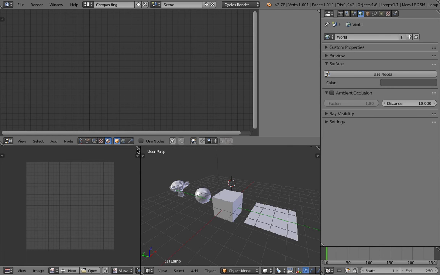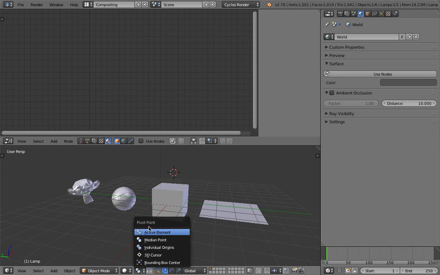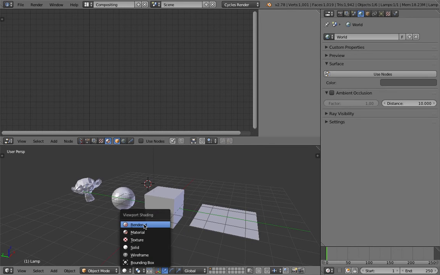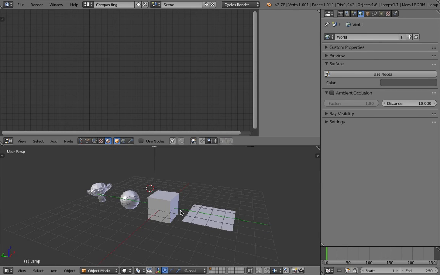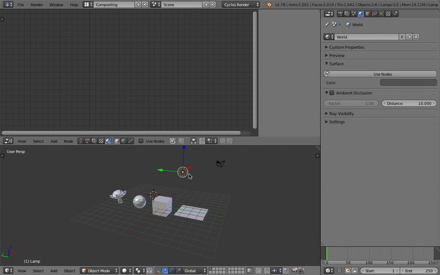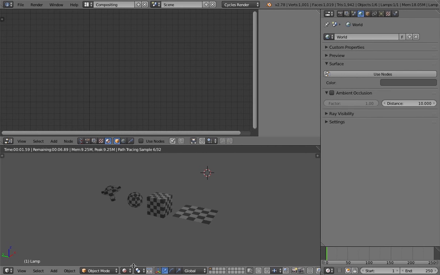Very realistic. Cycles can easily give you a realistic looking render. It's probably a little bit harder to be stylistic when you're using Cycles. Stylistic, what I mean is like an anime kind of look or a stylistic game kind of look. It doesn't necessarily need to be realistic. Alright, so I talked about